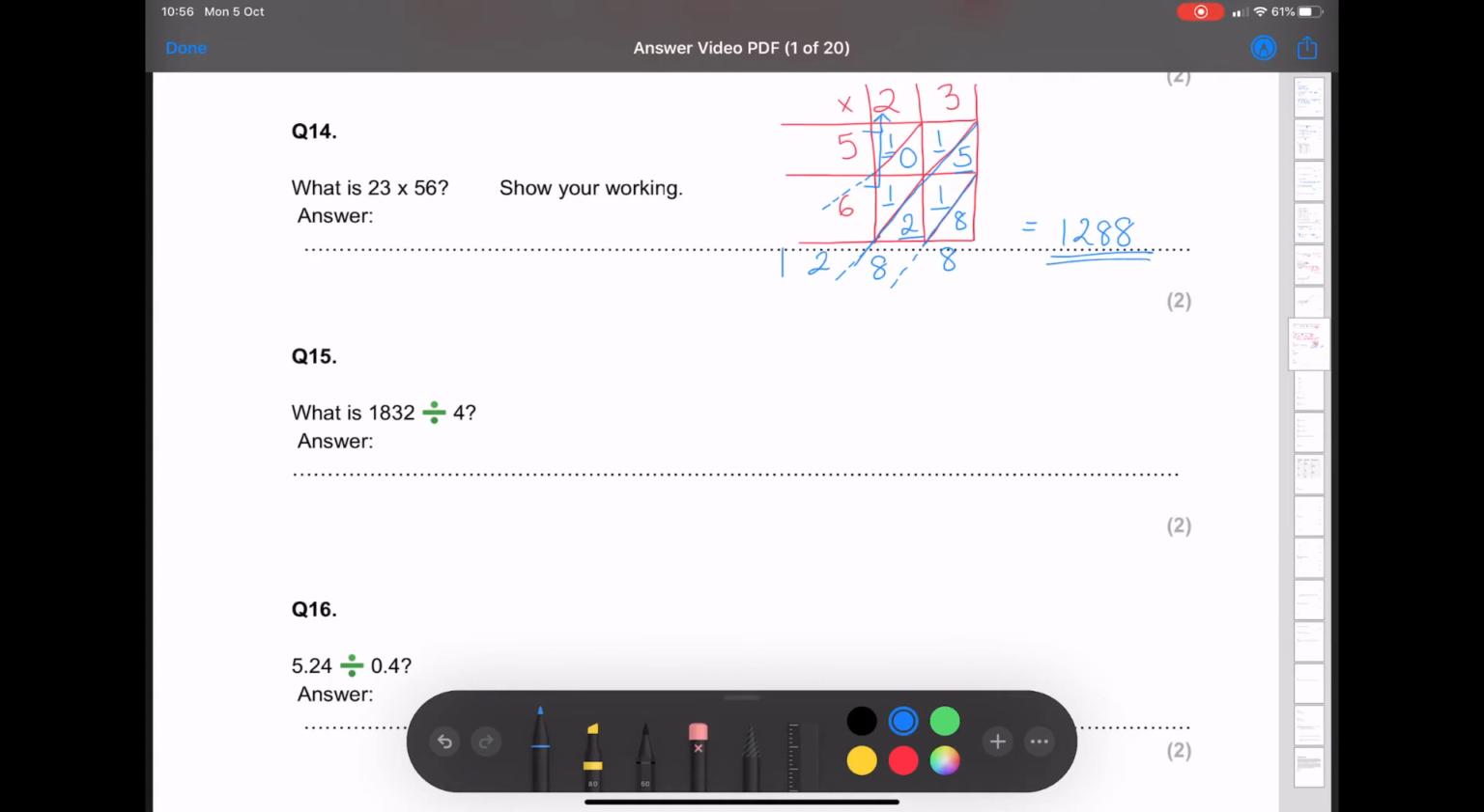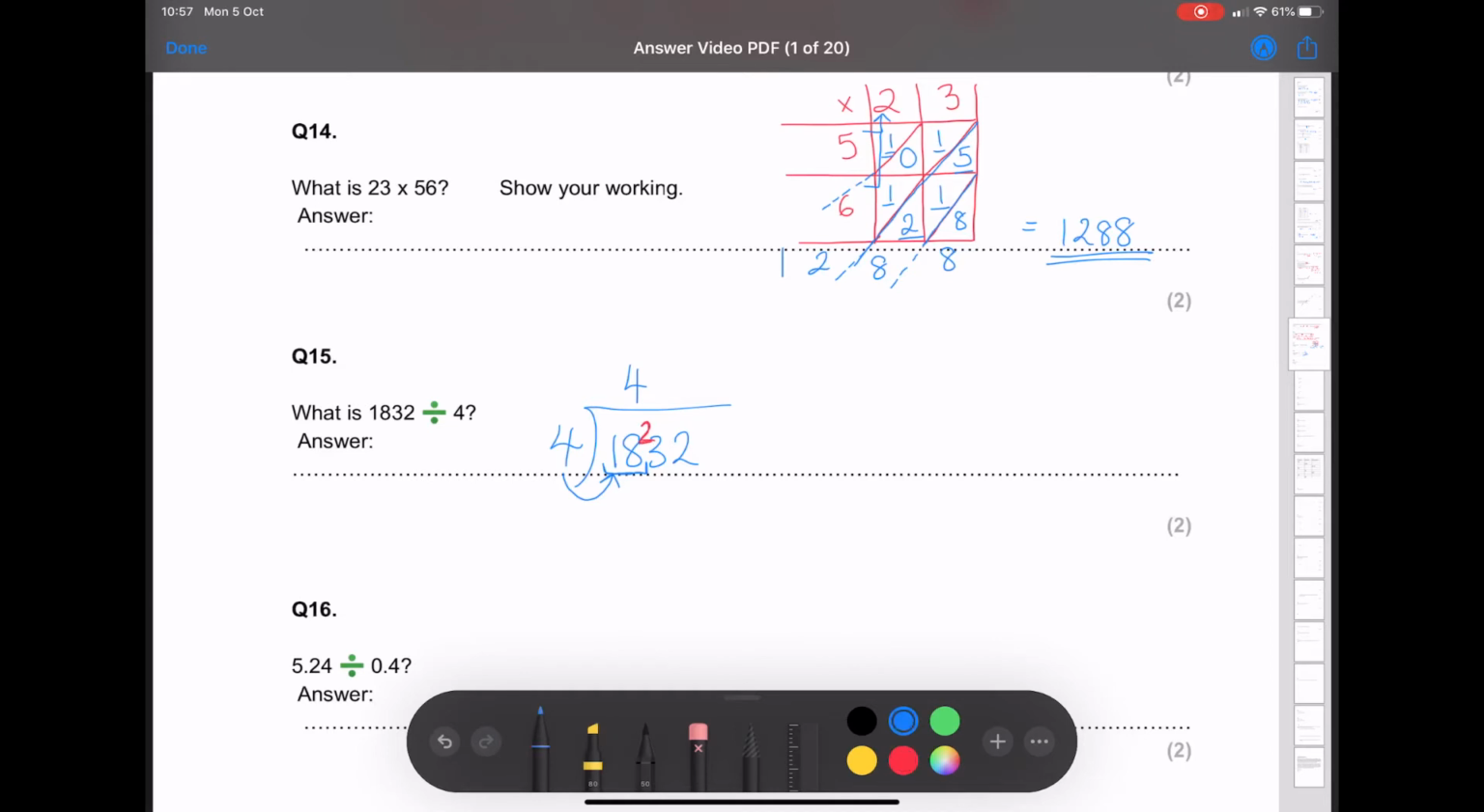Next is 1,832 divided by 4. So all I'm going to do is, first of all, see how many... If I can't get 4 into 1, I must do it into 18. Okay, well, 4 times 4 is 16. So that's as high as I can go, so that must be 4. And there is 2 left over, so I'm going to put my 2 there